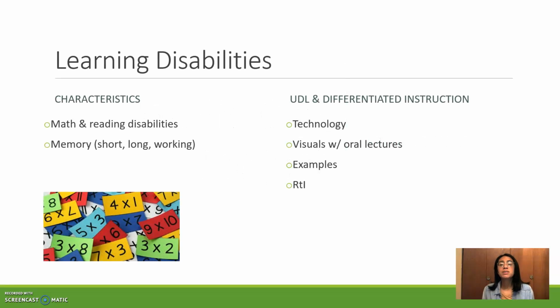Students who have learning disabilities have difficulties in math and reading. They have difficulties in math due to the memorization of their math facts and the processes that involve certain equations. And in reading, they have challenges with phonics, word identification, and fluency. Both of those content areas have to do with memory: short, long, and working memory. So if they are lacking some of that memory, then they're not going to do very well in those areas